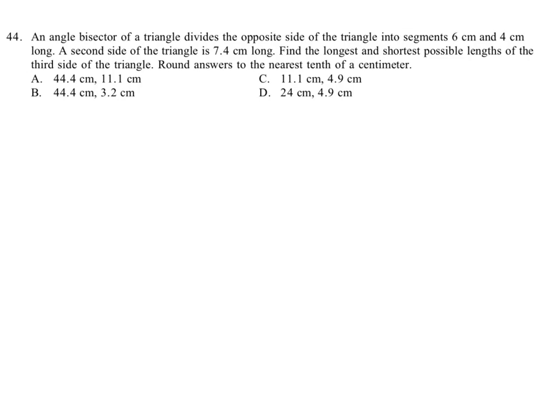Okay, an angle bisector of a triangle divides the opposite side of the triangle into segments 6 centimeters and 4 centimeters. I'm going to sketch this out. Okay, you've got some angle bisector, and let's say it looks like that. Okay, and we know then that this is equal to that. Angle marks, that is equal to that. And if the opposite sides are 6 and 4, we can say,